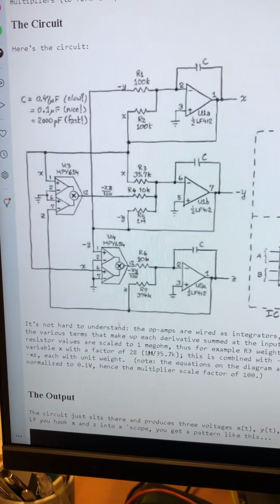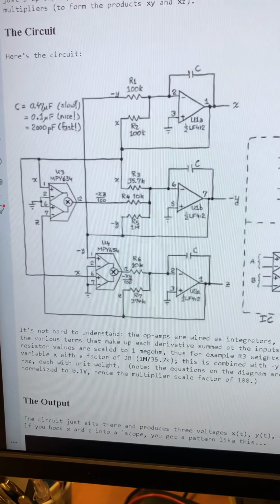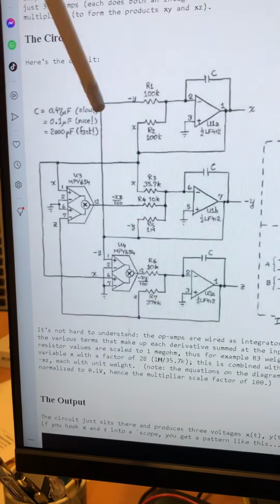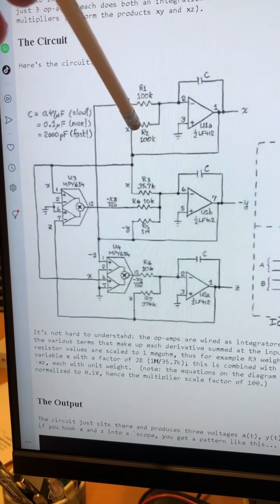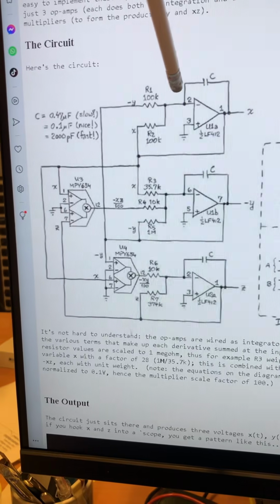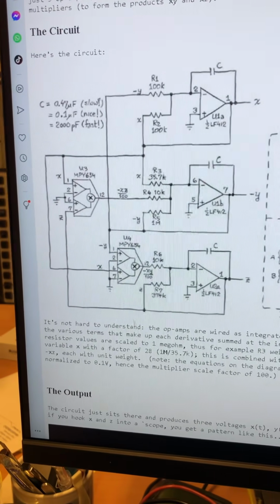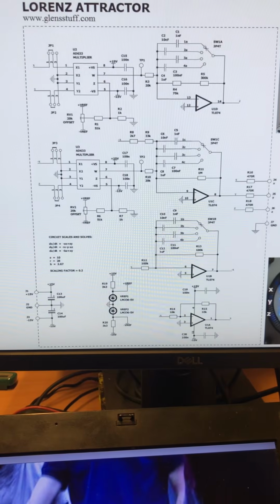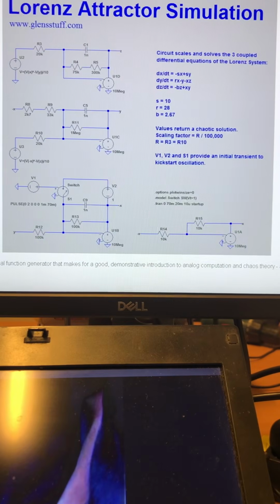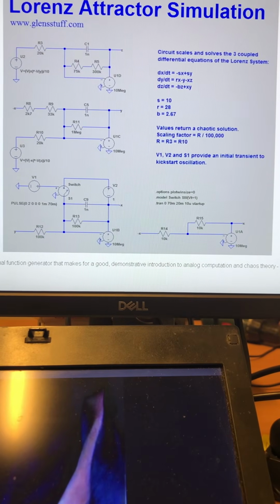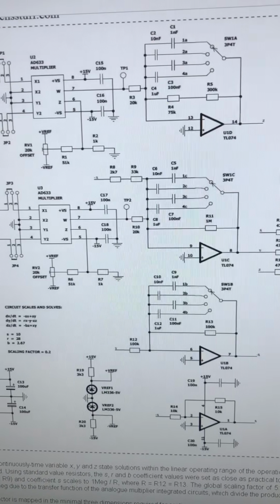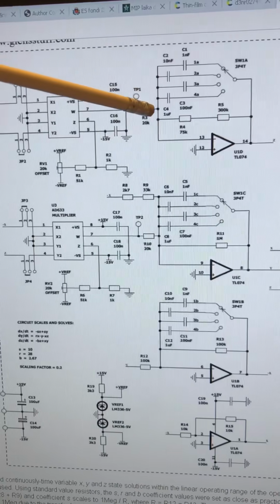This is a famous circuit by Horowitz and Hill, and I was quite confused how resistors are calculated. For example, here is 100 kilo ohm, 100 kilo ohm, and feedback is 1, and it is not 10 times. Glenn's staff helped understand things better. Simulation shows that it's actually the same resistor values as in Horowitz and Hill, except resistors here are 20 kilo ohm